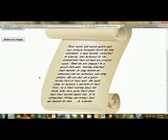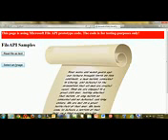I've loaded up this text file in memory inside of the browser, and I put this SVG scroll on the screen, done a nice little font for the text and skewed it and put it over the scroll. Why did I do this? Well, because I could, and I was building the demos. So I've taken that simple text file in memory, pulled it, and I'm displaying it in the browser window.